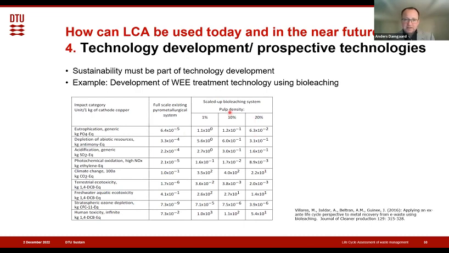But what they found was actually that with the current system they could develop, the impact was much higher for a lot of these systems, and at the level it was definitely not mature enough to compete with the existing full-scale technologies. And this is, I think, where it becomes very important, especially if you're a decision maker, that you actually ask the people who come with a new technology to provide evidence that this is actually better than status quo. Just because we put bio into the name doesn't necessarily mean that it's better for the environment.